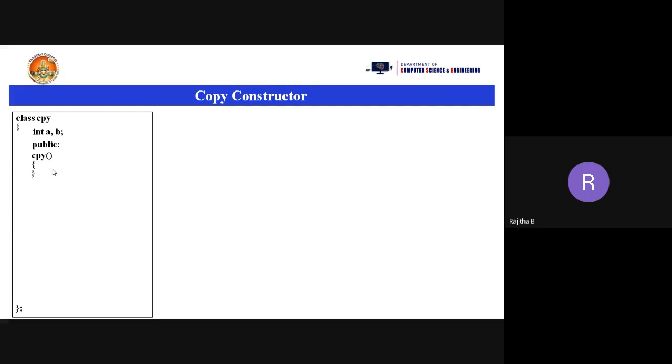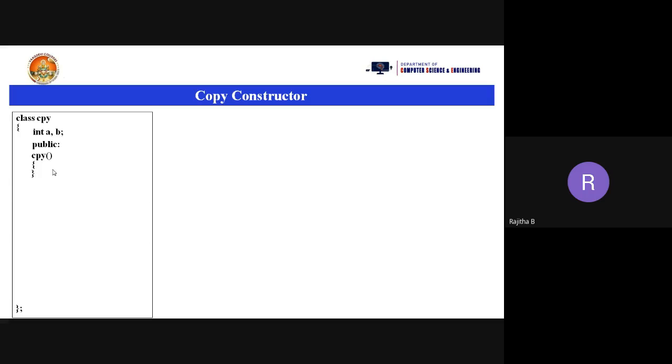Now tell me, can anyone tell me what type of constructor it is? What is the name of this constructor? Default constructor. Yes, correct, Soumyasri. First, Soumyasri said that it is a default constructor.